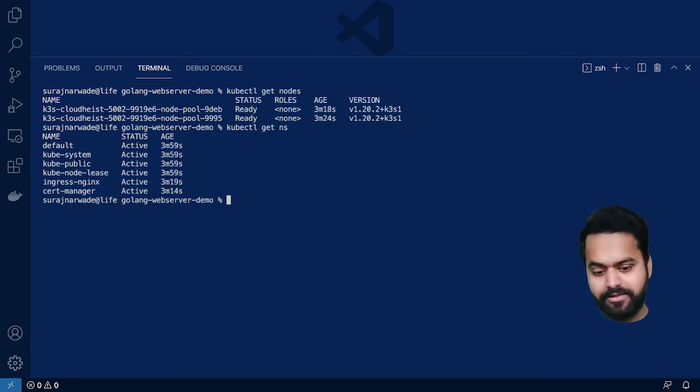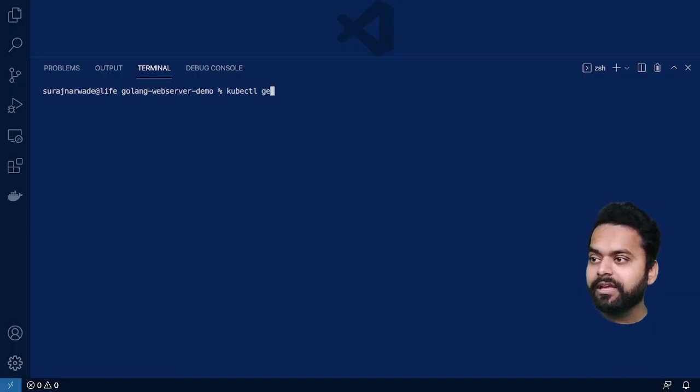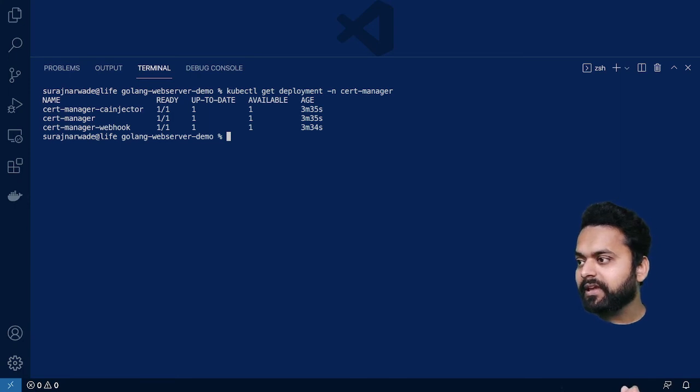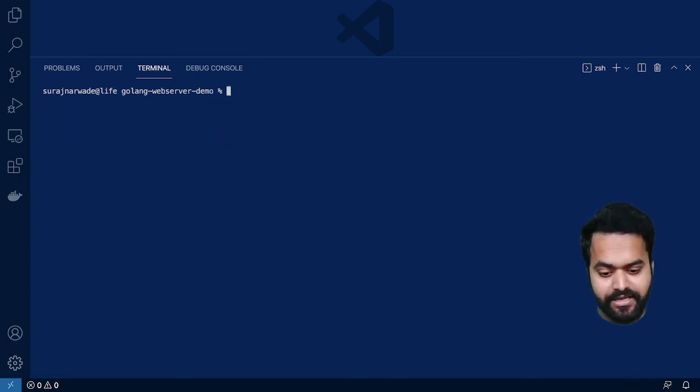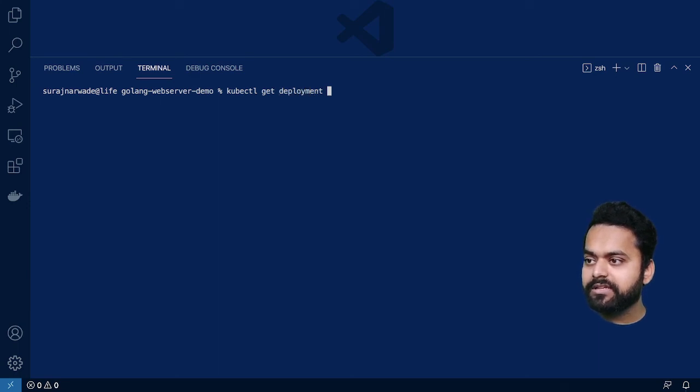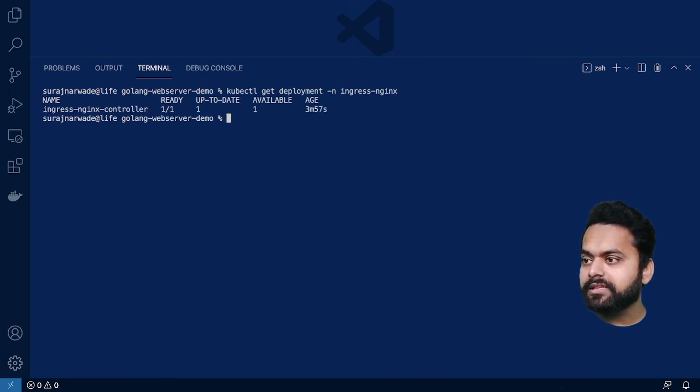I selected them, so they got deployed. Now if I look in my cert-manager namespace, it is there, well and good. And if I look at my ingress-nginx, it is there.